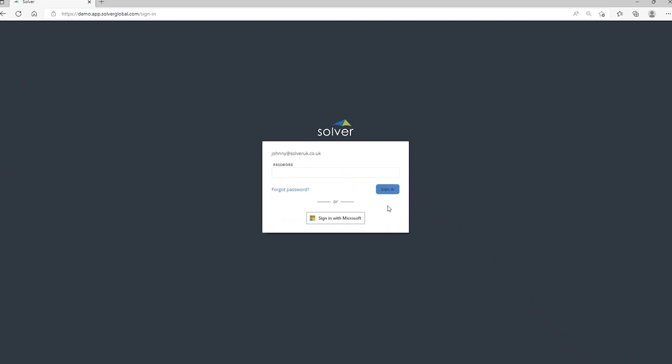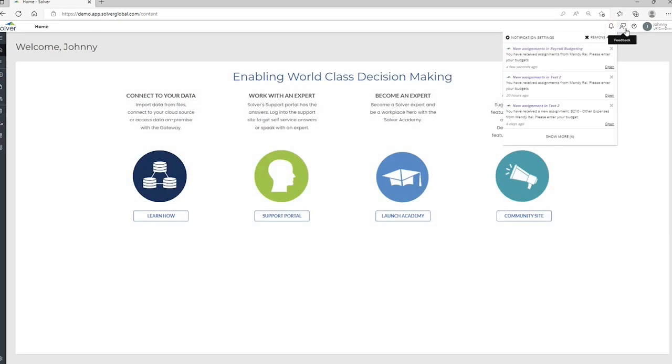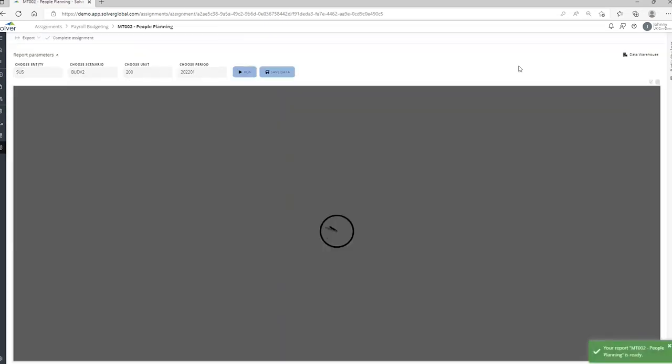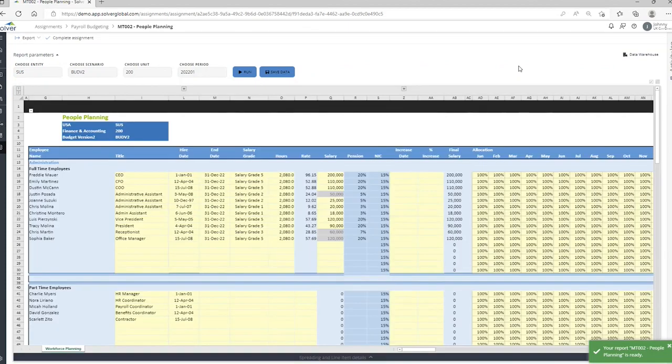So we're going to log in as Johnny now. We're going to load up Johnny. You can see he also has a notification in the notification banner. He's going to click on the payroll budget there. He's going to open up the form and he's now able to see the payroll budgeting form that he needs to contribute to. First and foremost, because he's looking at Department 200 for Entity US, he's able to see all